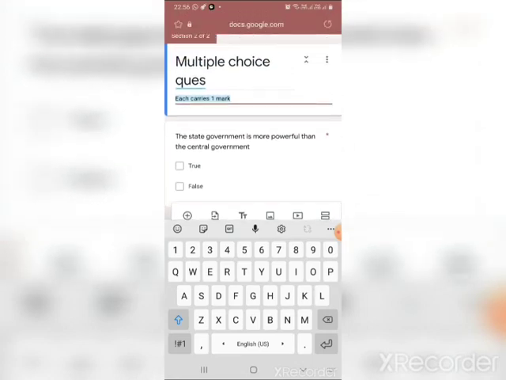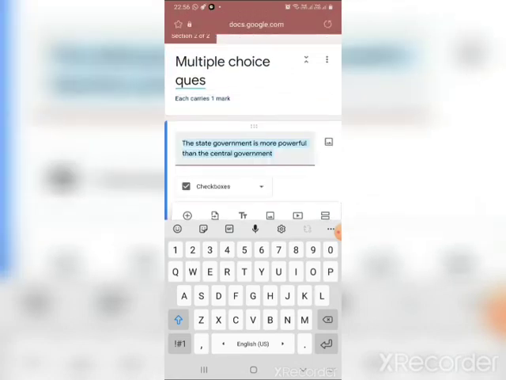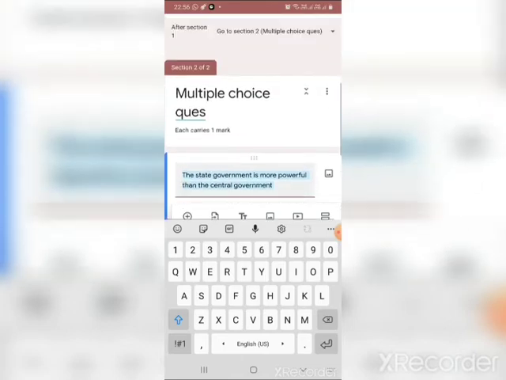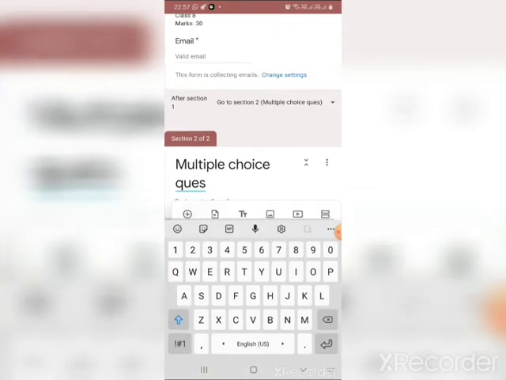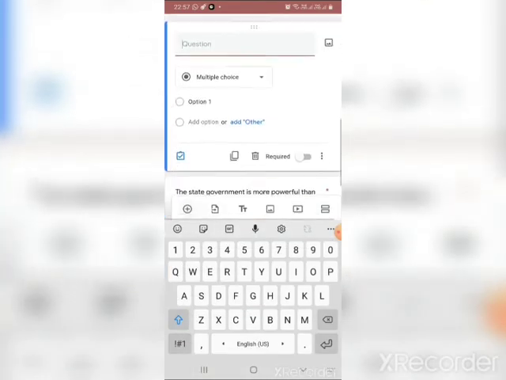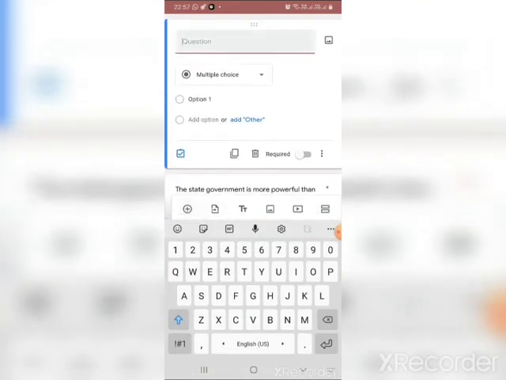Now to have the questions, where should I go? Here can you see the plus towards the bottom side of the form? Once I click plus over there, I'll be getting the option to give the next question. So question here is number 1, and whatever I wanted to type, I'll be typing over there.